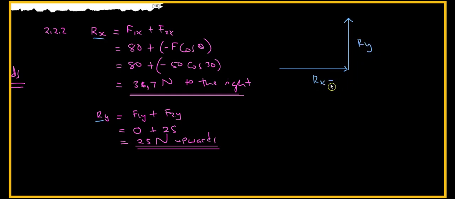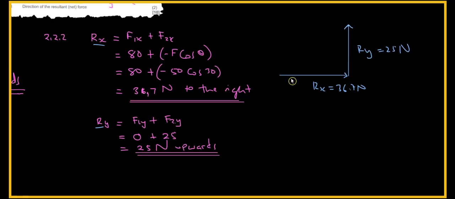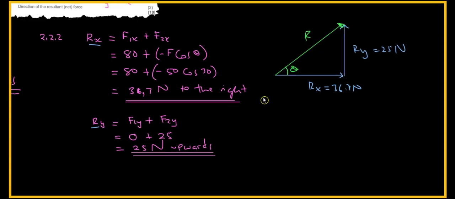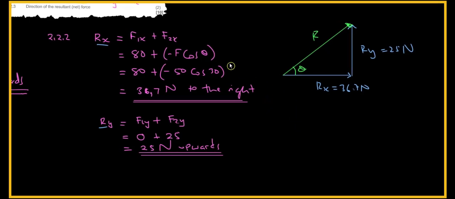My Rx is 36.7 newtons. My Ry is 25 newtons. And then the hypotenuse here will be my resultant. So I'll have from here up to there. There is my resultant, which is R. And then this is the direction. Alright. So for the magnitude of my resultant,